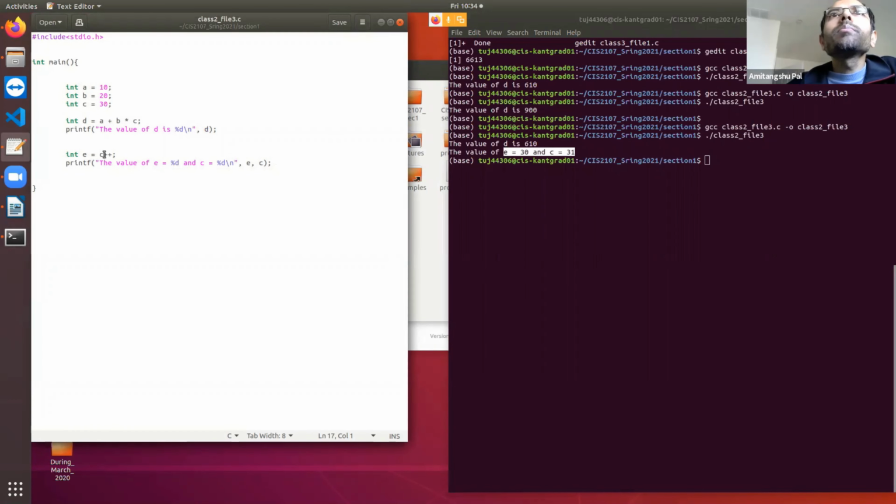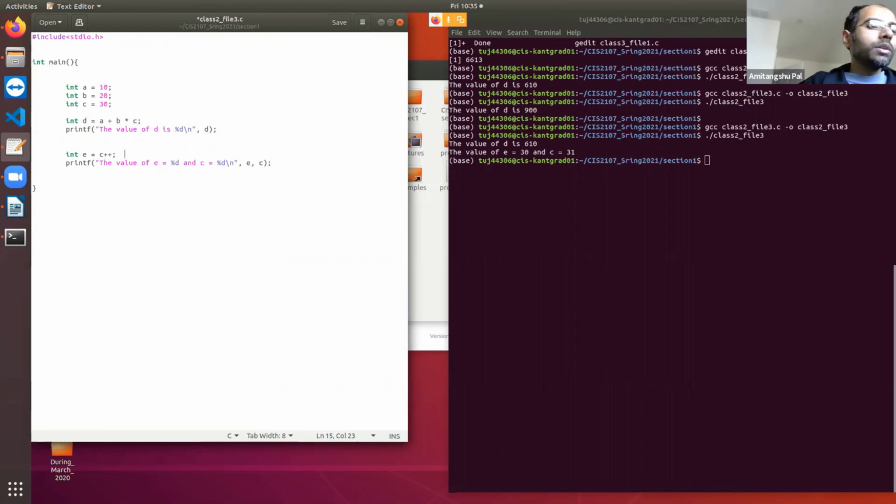So E equal to C plus plus, you are writing plus plus after C. C plus plus is a postfix operator. You need to understand this. That means first the assignment will take place and then C will be incremented by 1. Postfix operator means first the assignment will take place, next C will be incremented.